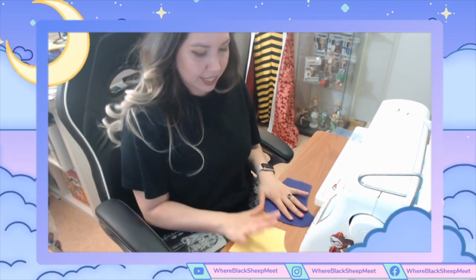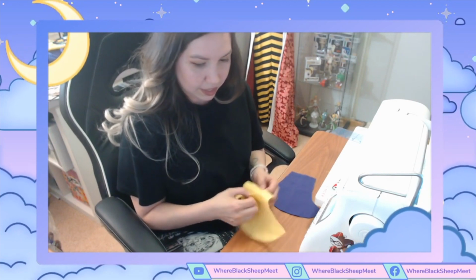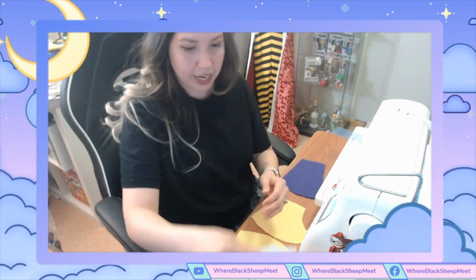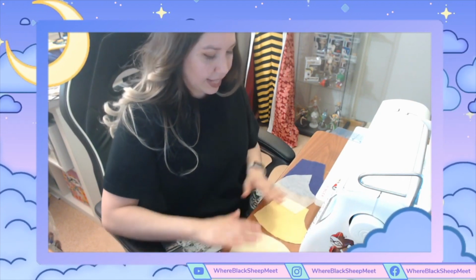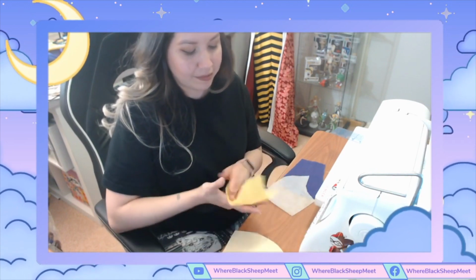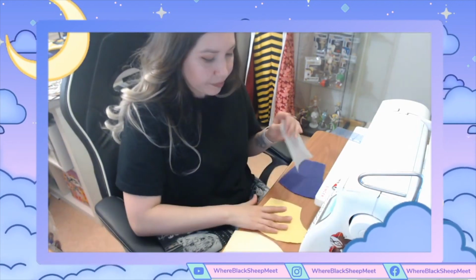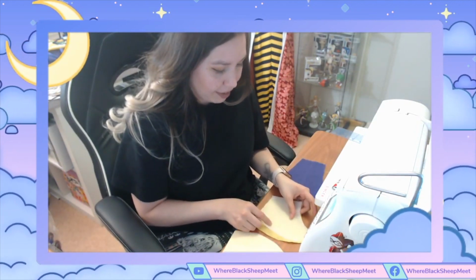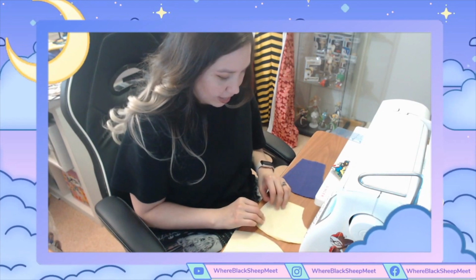Alright, so I got my front pieces and my back pieces. So at this point, I'm going to add my interfacing like so. And this essentially you'd be adding to the back of your fabric. Since I have a solid print fabric, it doesn't matter which side you do it on. But if you have a pattern, then you want to make sure you do it on the back of the fabric. And this one is an iron-on,